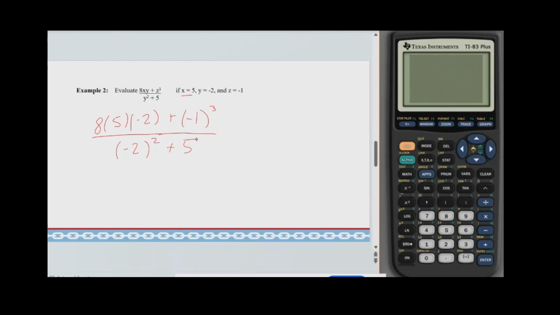So from there, I am going to use that order of operations on the top and the bottom separately. So my numerator and my denominator are basically two mini problems at this point, and I will use order of operations on each one separately. Let's just knock that numerator out here real quick. So I'm going to have on the top 8 times 5 times negative 2